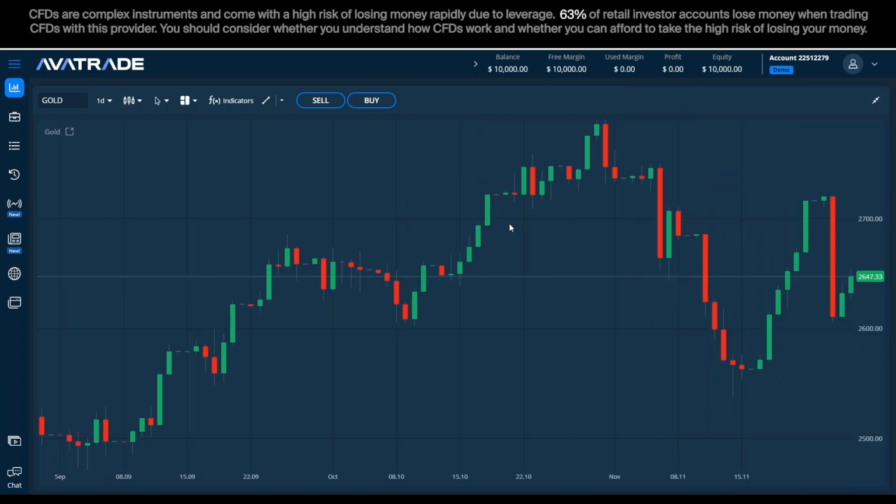Our dear notepad. Okay. So in here we have the name of the instrument. I maybe looked for gold manually, but I could just as much type gold and pick it from the list. Okay, if I go to the right here, we have the time frames. At the moment we are marked on 1D for 1 day.